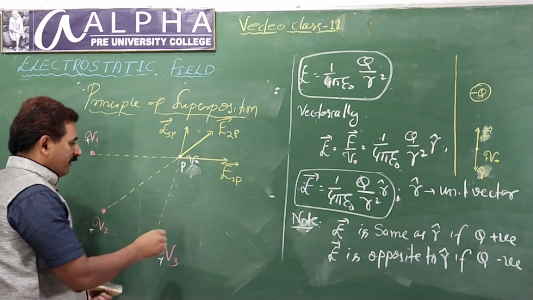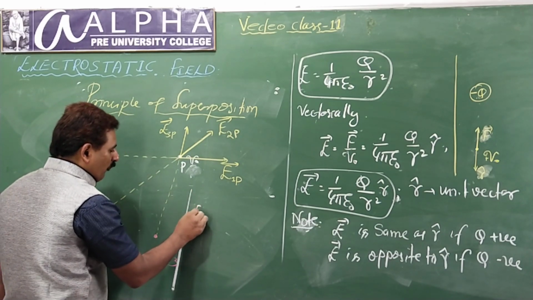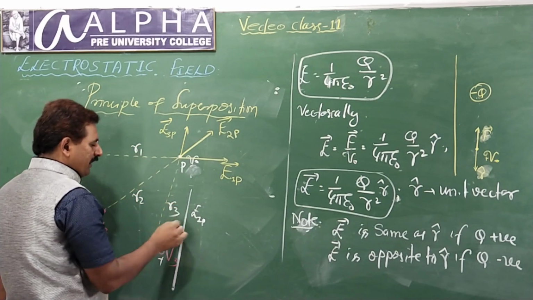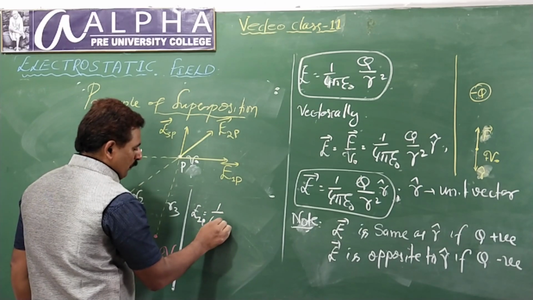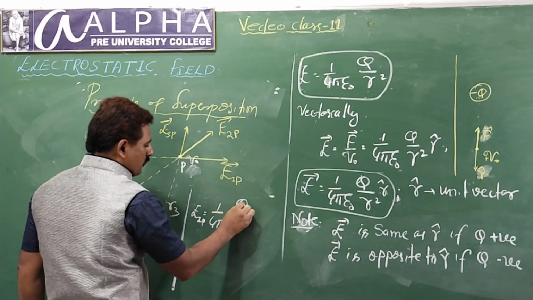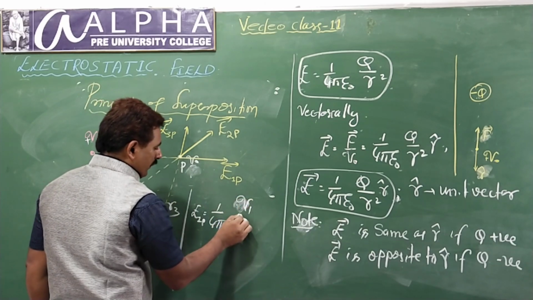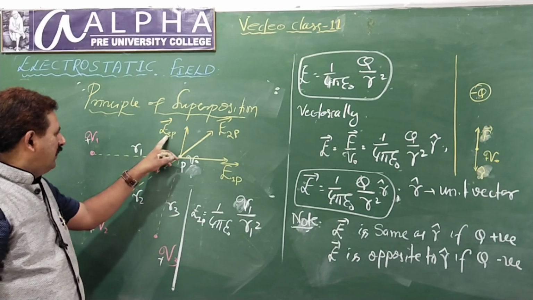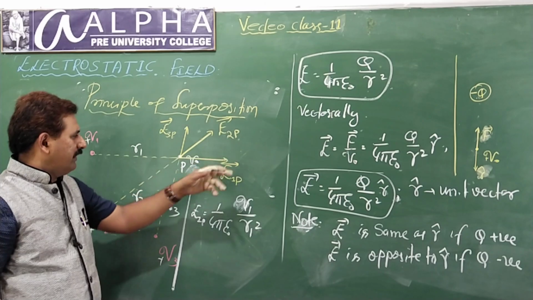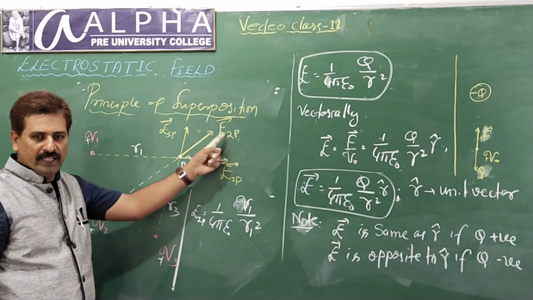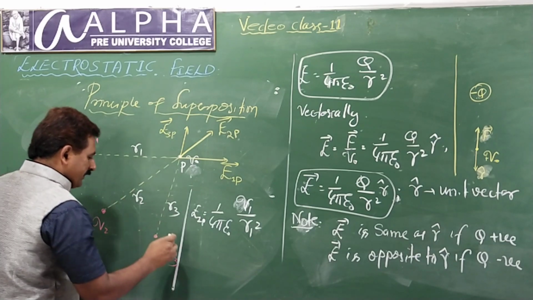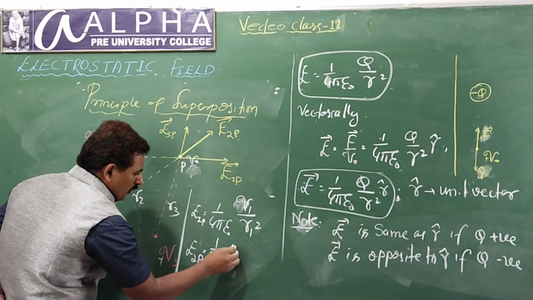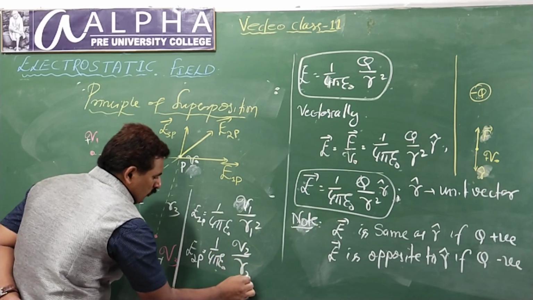If you write expressions for these three, what is E1P? Can you tell me? If this is say R1, this R2, this R3, can you write what the expression is? 1 over 4 pi epsilon 0, charge Q1, I write small q, divided by R1 squared. Students, the symbol is immaterial here. I used E31, 31P, 21P. You can just use 3, 1, 2 like that. Okay. Now the second one, E2P. What is E2P? 1 over 4 pi epsilon 0, Q2 divided by R2 square.